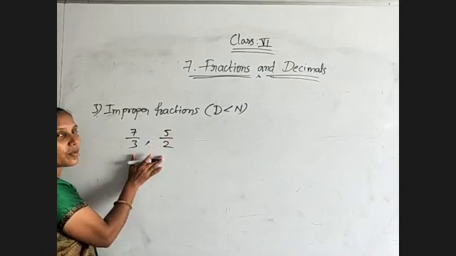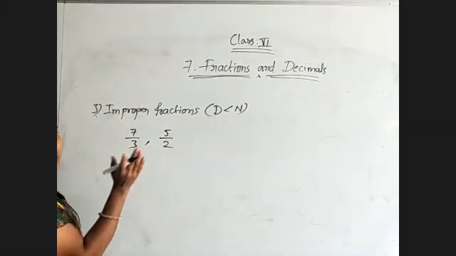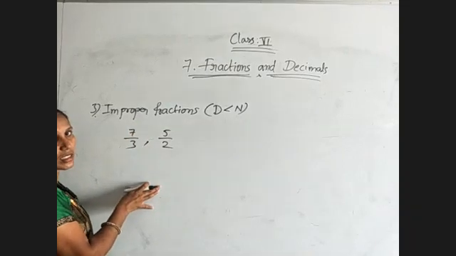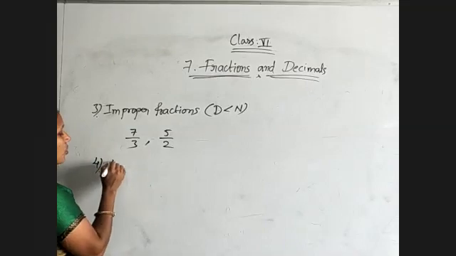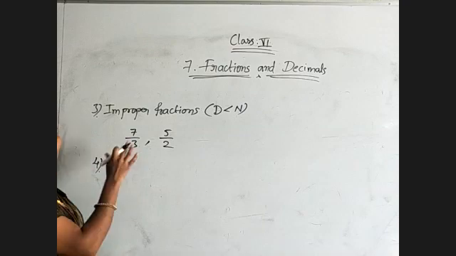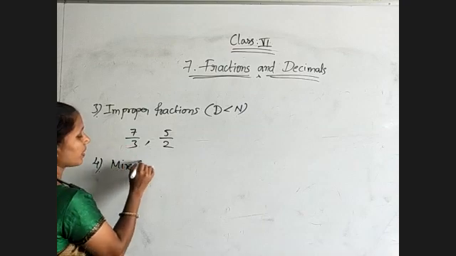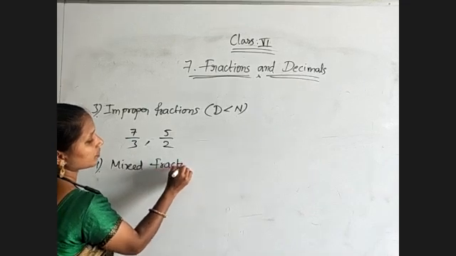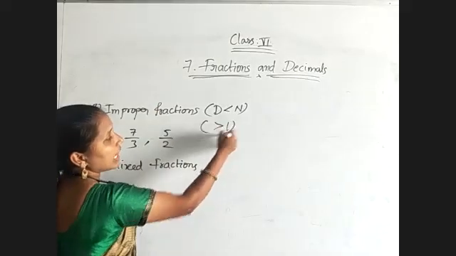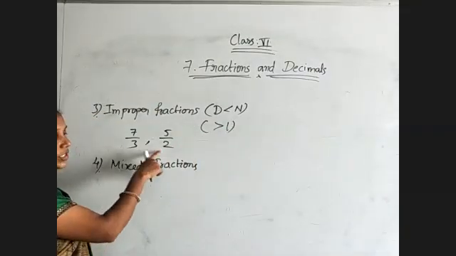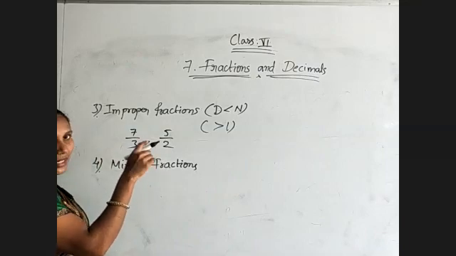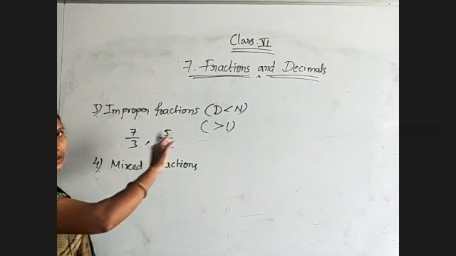And every improper fraction we can convert into a mixed fraction. Only in the case of improper fractions do we get mixed fractions. A mixed fraction is nothing but a combination of a whole number as well as a proper fraction. We will see mixed fractions. Improper fractions always lie beyond 1 on the number line. Depending on the quotient we get after converting into a mixed fraction, they will lie between those numbers.